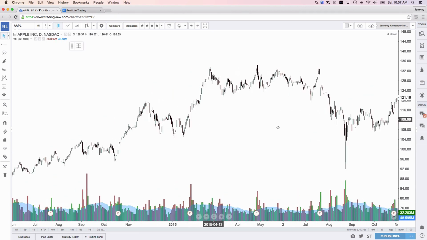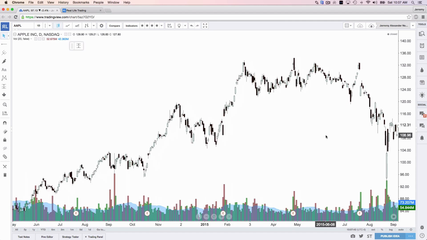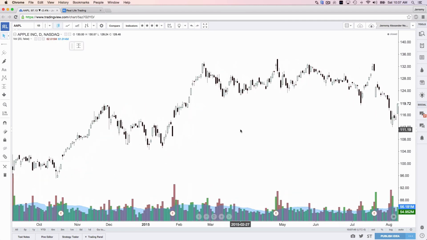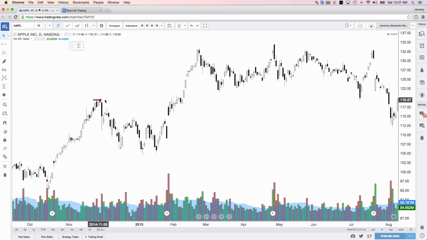Let's hop over here to Apple, and I'm going to come over to not too long ago, back in early 2015, and I'm going to discuss this little resistance right here. So this was a prior all-time high breakout on Apple. It had never been higher than this before, and there's the breakout right there. So that's the breakout, as everyone would classify it. Stock comes up into resistance and then breaks out. So how would you know to take that trade? Because I did. A lot of other traders in the Real Life Training rooms did take that particular trade. How would you know? Well, take the breakout or the retest.